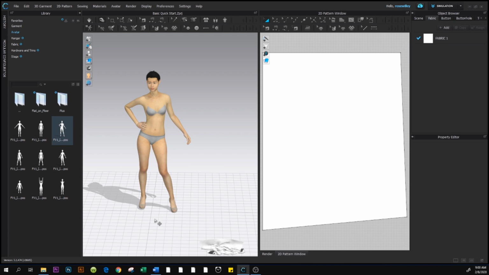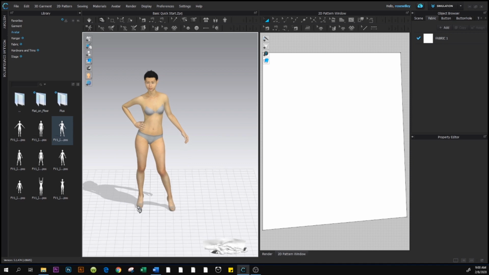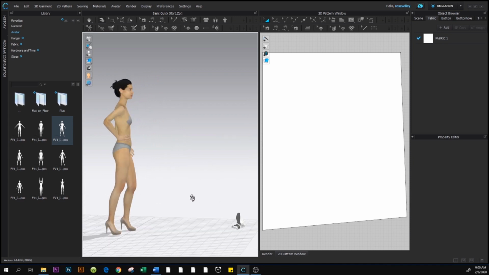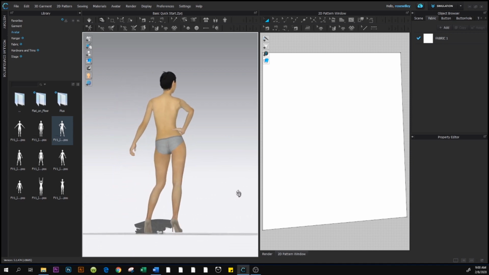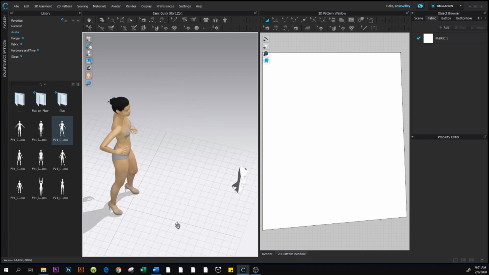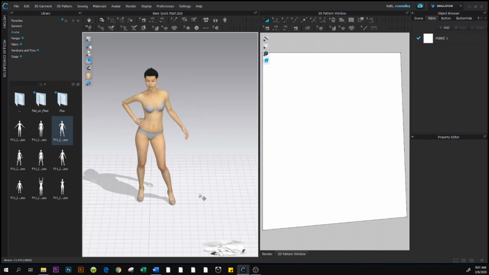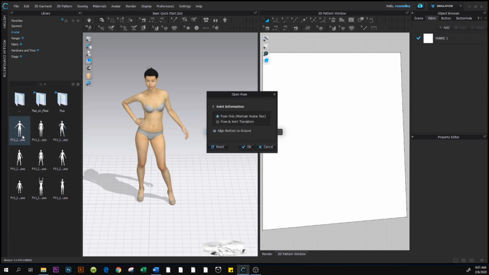And again, I'm going to rotate her by pressing down Alt and right clicking on your mouse to see her from the back, from the side, however you like. Quick tip, it is nice that she has this model pose, but for draping purposes, we will change her back to this plain pose so we can drape her. So again, double click, then Pose Only, Maintain checked, and then click OK